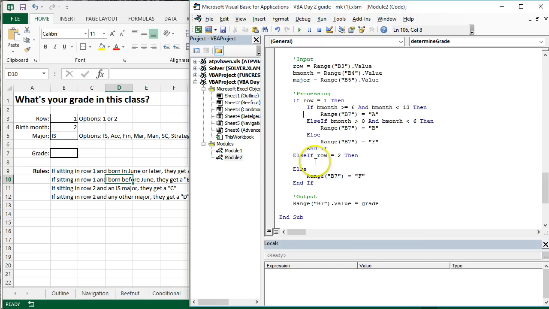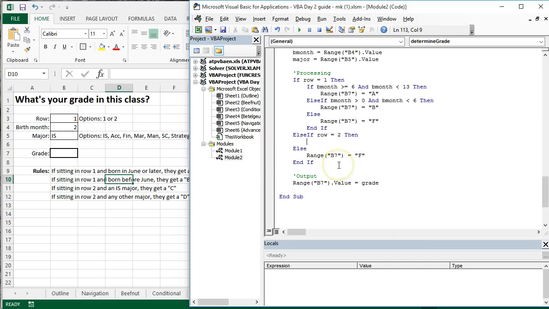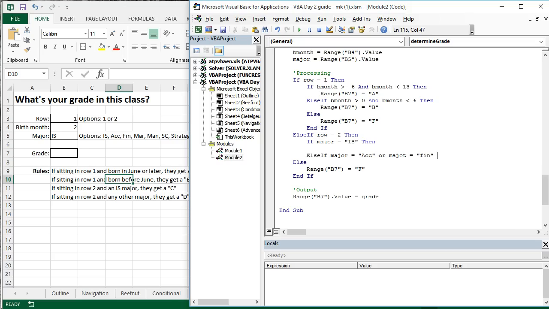Now, if it's in row 2, we can enter another if block right down here. So if they, let's see, major equals IS, then, now let's handle errors. What if they enter a major that's not one of those we listed? Let's take care of it. So else if major equals accounting or major equals finance